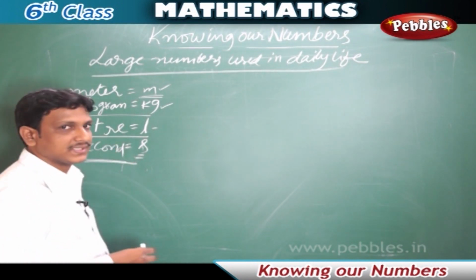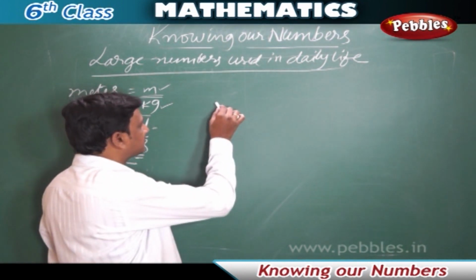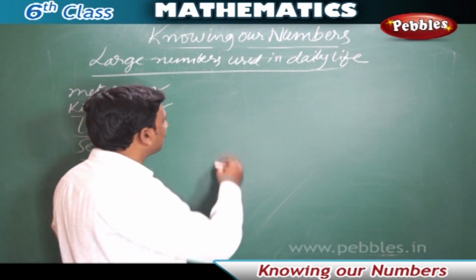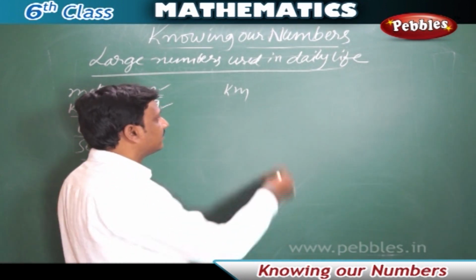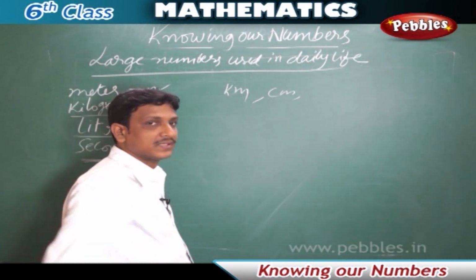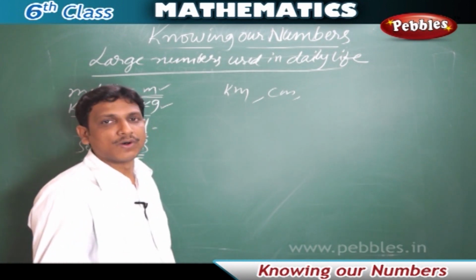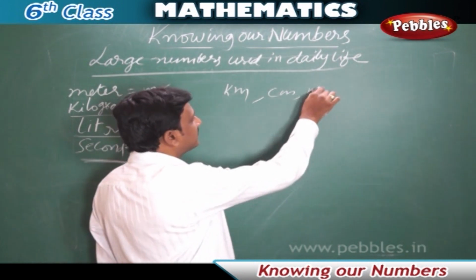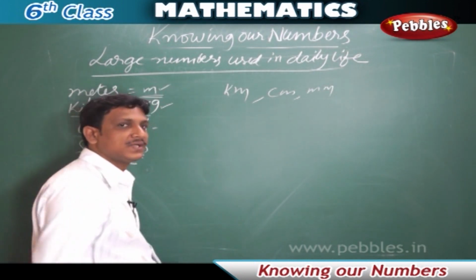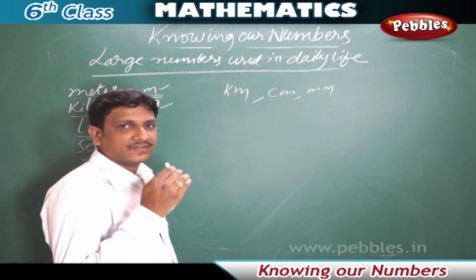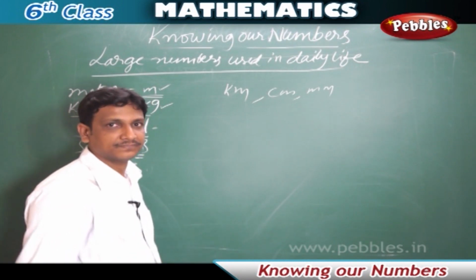Sometimes in some cases we have to measure long distances. For example, we have to measure distances between 2 towns, that is in kilometers. Sometimes we need to measure the length of a pencil, which is in centimeters. Sometimes we need to measure the thickness of a paper, which is still smaller than a centimeter, then we need millimeters. So we need to know about the units of measurement and their conversions. By that we can calculate them easily.